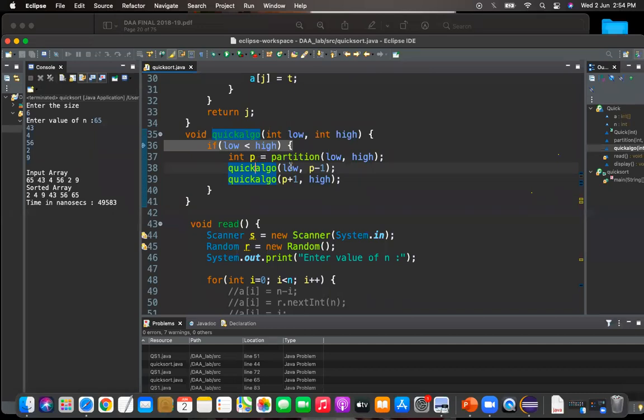And quicksort for the right part, that is p plus 1 comma high. The first quicksort call will sort the left elements, and the second will sort the right part of the array elements.